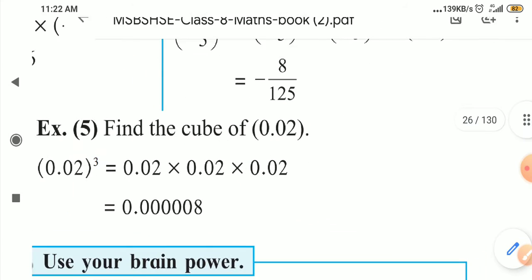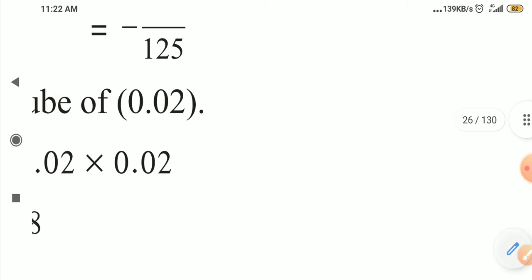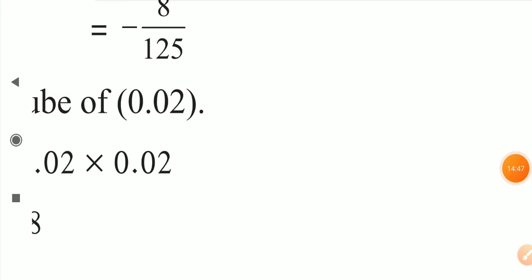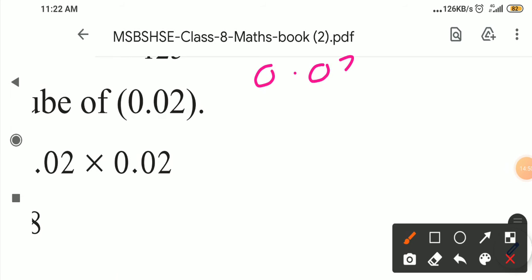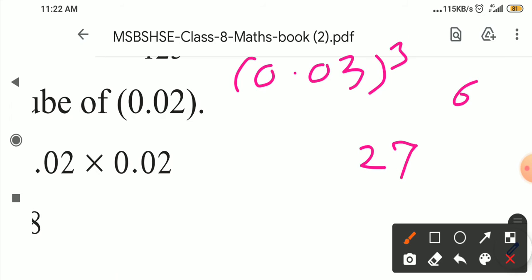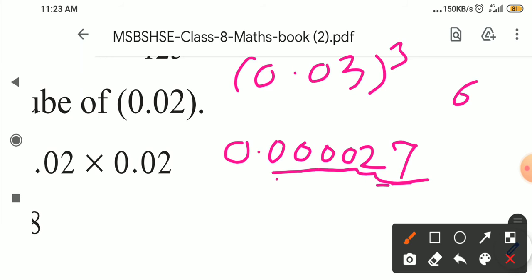Okay, suppose here I take 0.03's cube. Similarly, you know the cube of 3 is 27. 3 3s are 9, 9 3s are 27. But here also, how many digits will come? 6 digits will come. But here 27 has 2 digits, so 6 minus 2 remains 4. Give 4 zeros in front of this, 1, 2, 3 and 4, and then give the point. So the cube of 0.03 is 0.000027, right? That is the answer.